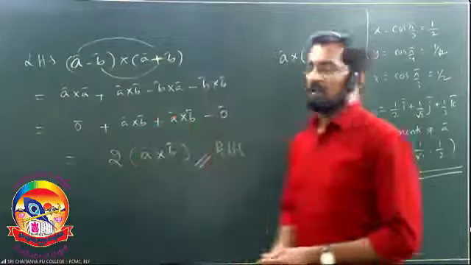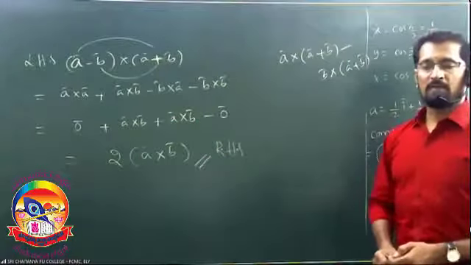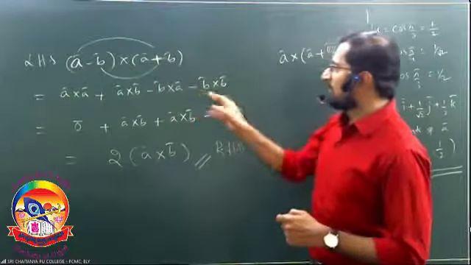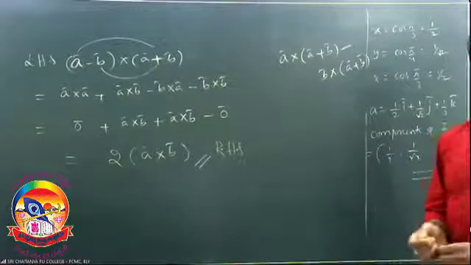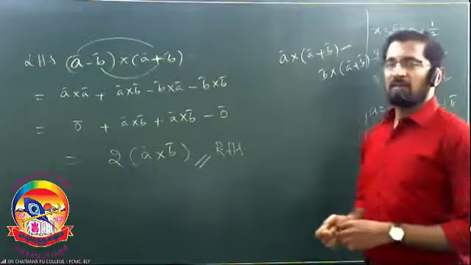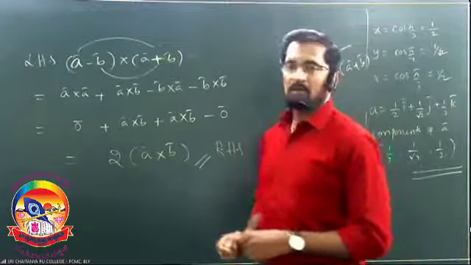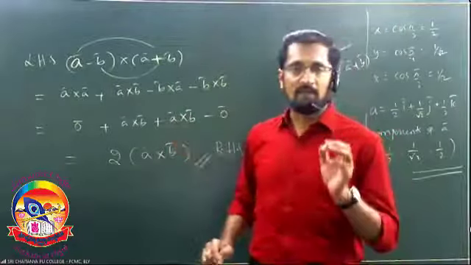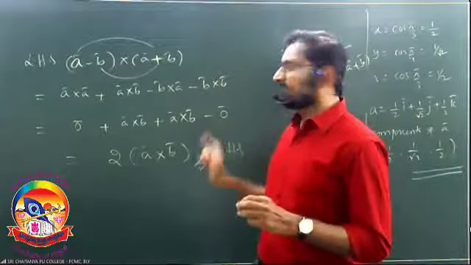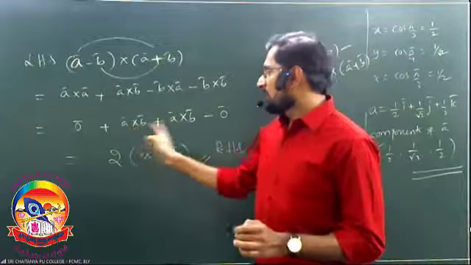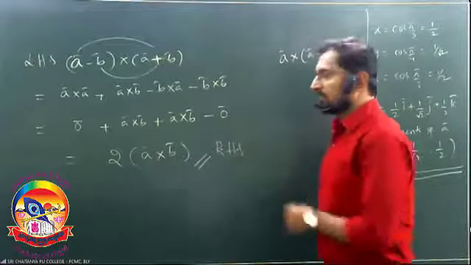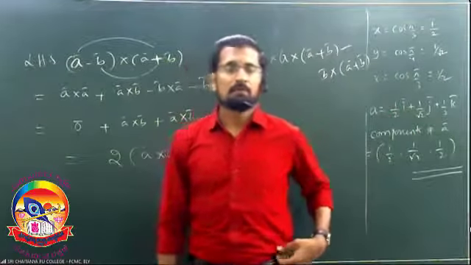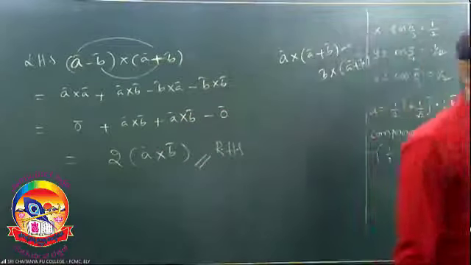Same, you are going to get A cross A plus A bar cross B bar. Minus, observe here, B cross A, minus B cross B. Therefore, A cross A is a null vector, A cross B as it is. Minus B cross A can be written as positive A cross B. B cross B is a null vector. Here, you got 2 times A cross B, which is equal to the RHS given to you. I hope you understood this one. Copy this problem.